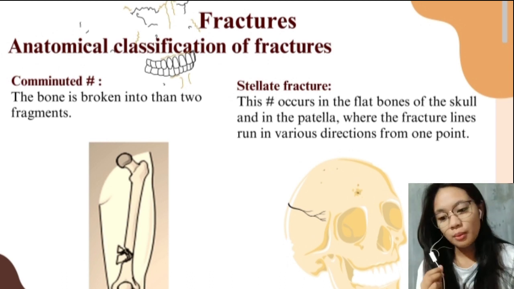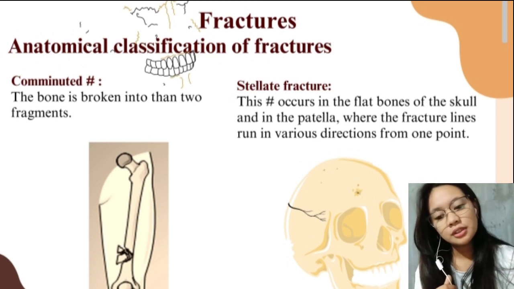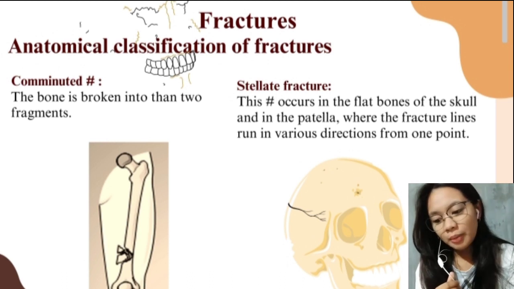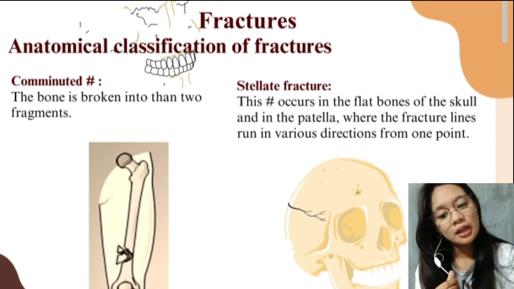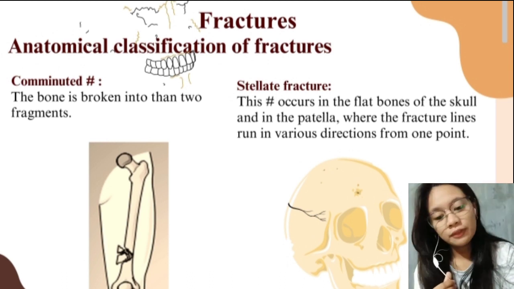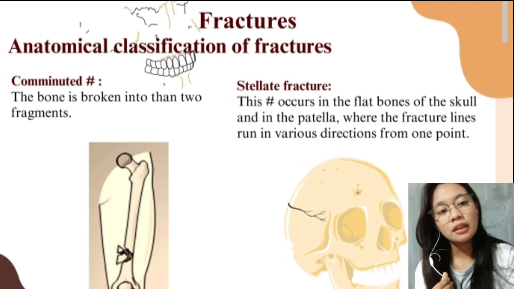So what is the most common cause of comminuted fracture? Most commonly, comminuted fractures occur as a result of trauma. Bone requires a lot of force to break in multiple places. Therefore, trauma that results in a comminuted fracture is usually severe, as occurs in a car accident or falls from a great height. You will need a surgery to repair your bone, and recovery can take a year or